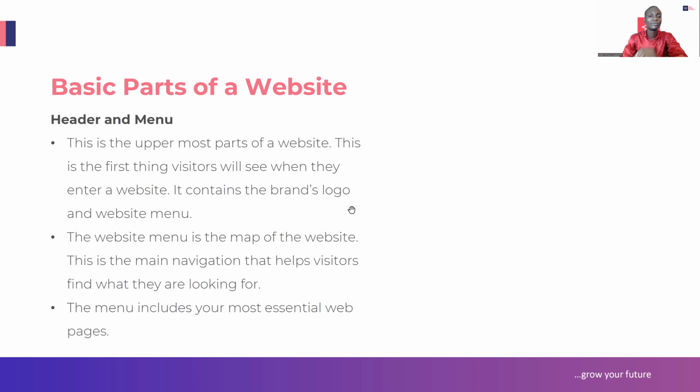Okay, so the first thing about a website is what we call your header and your menu section. I mentioned it last time. I will also talk about it. So this is the uppermost part of a website. So this